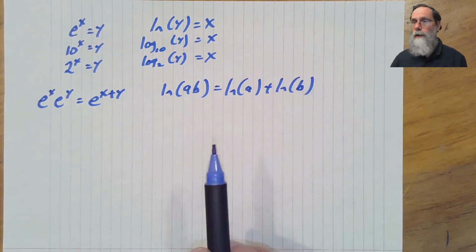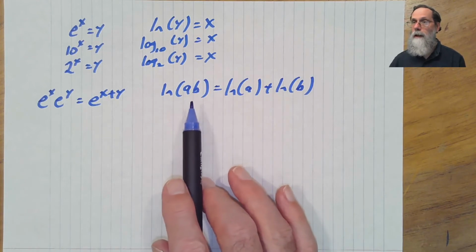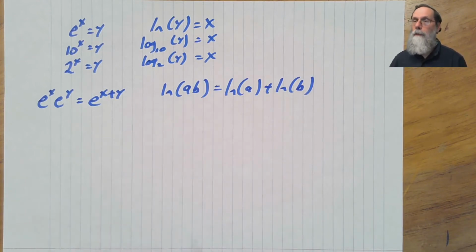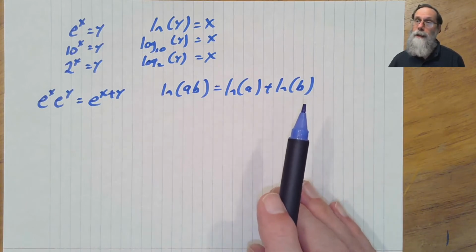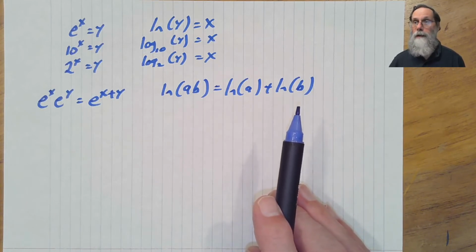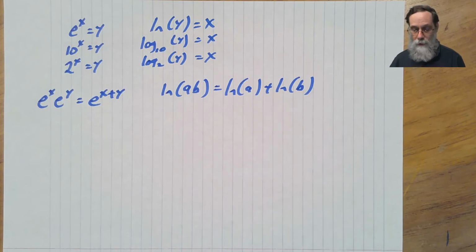And that means that if we want to do a multiplication of two numbers, if we're working in logarithmic space, we just have to do addition. And historically, this was one of the main advantages of logarithms, because addition is something that people can do manually fairly easily. Multiplication is much harder to do manually. So before the days of calculators, a big use of logarithms was to turn multiplications into additions.